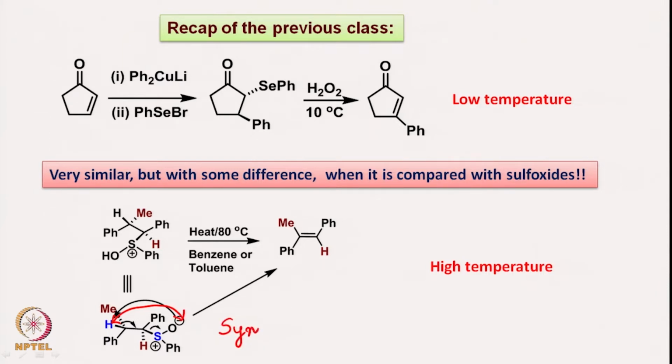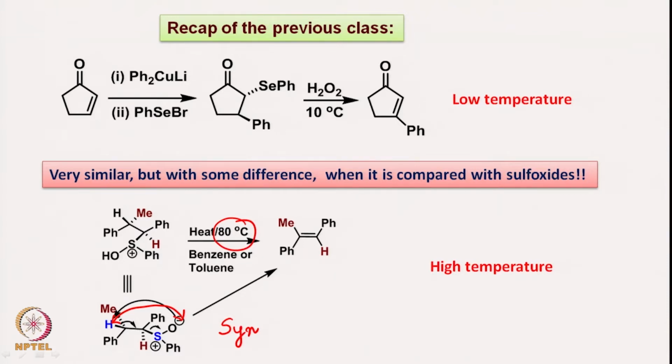This sulfoxide elimination takes place at a relatively high temperature, approximately 80 degrees, which is the boiling point of benzene. So the difference between the two of them is the temperature, and therefore many a time selenoxide is preferred over